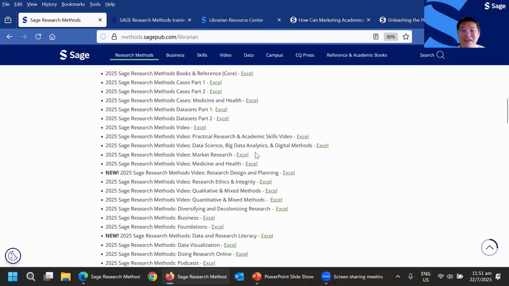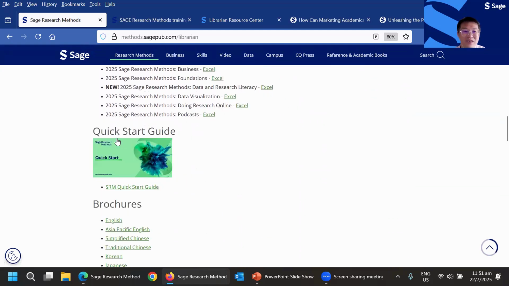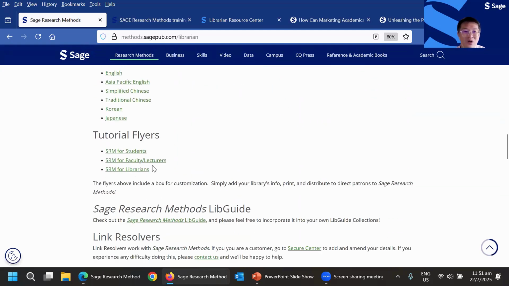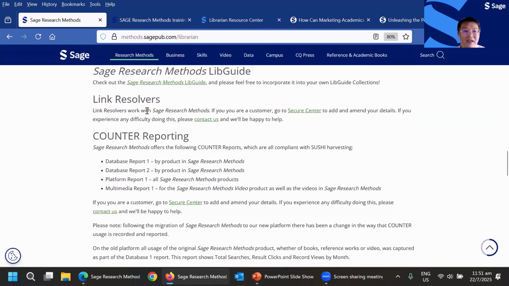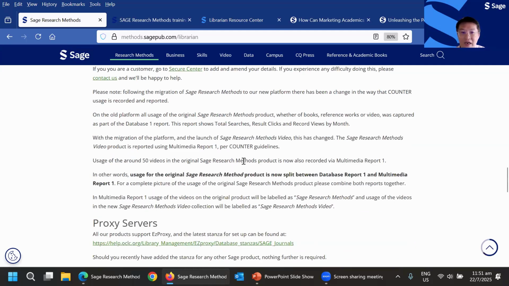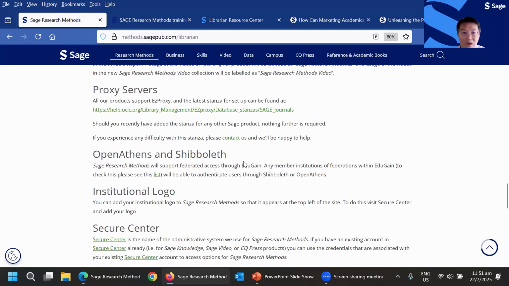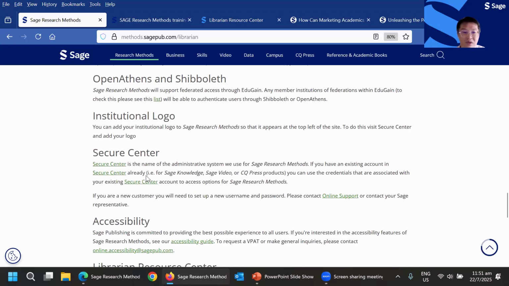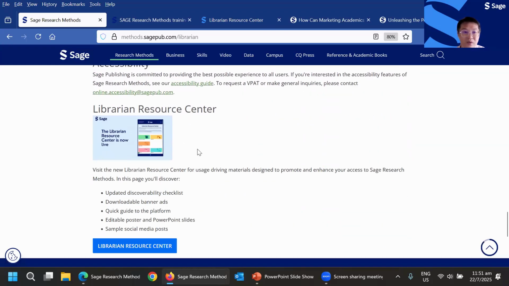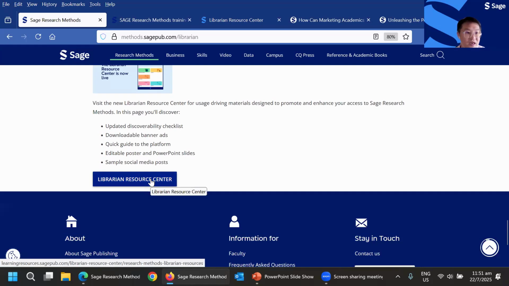Here you can see that we have the quick start guide, the brochures, the tutorial flyers, and then the library guide, link resolver, and COUNTER reporting for the SUSHI center. I'm not sure who is appointed as the person who takes care of usage, but if you really need help with the SUSHI center, do let me know. I'm happy to explain as well. So this is the place where you talk about the SUSHI center, then the librarian resources here. You can click here, the librarian resource center,